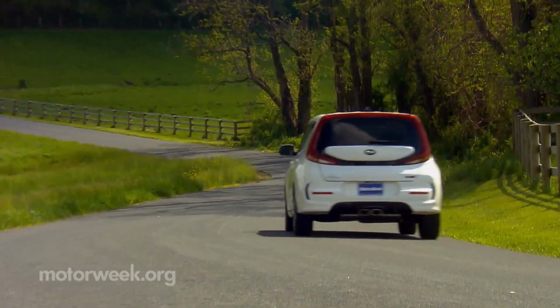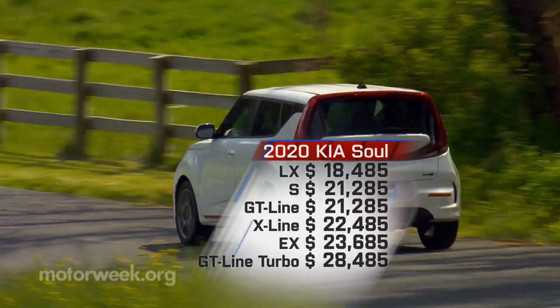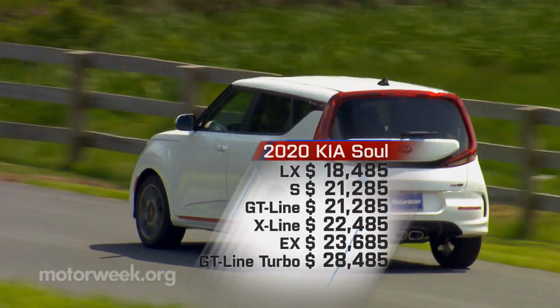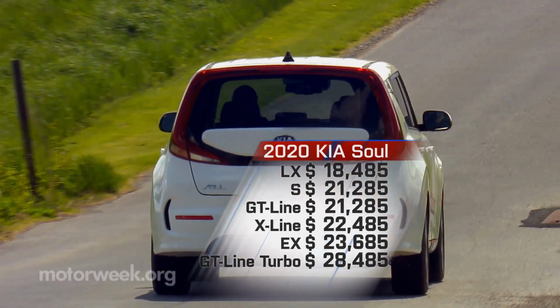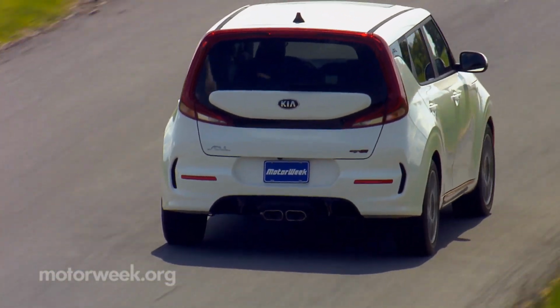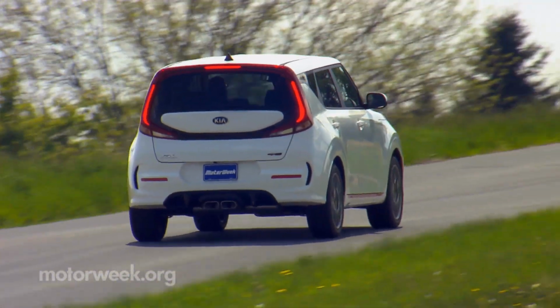All Souls range between $18,000 and $24,000, with the exception of the GT Line Turbo, which is a healthy step up to $28,485. Turns out that designing a new generation of car without any true competition to guide you is not really